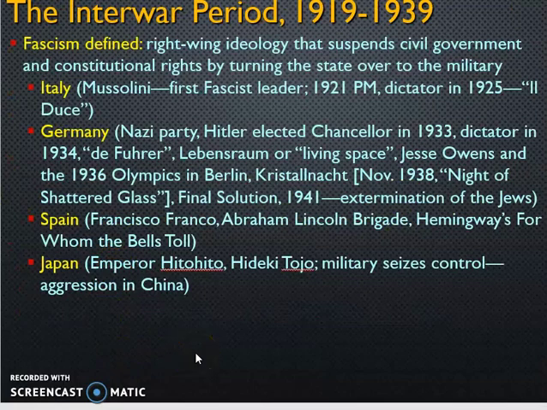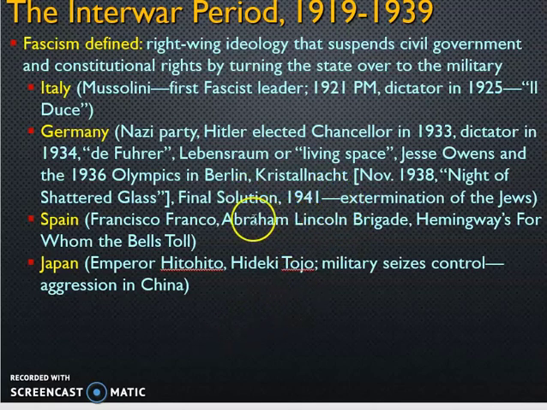Fascism, you can read through these. I think these are terms that are going to be throughout your chapter. Kristallnacht, or Night of Broken Glass. Okay, remember 70% of the Jews of Europe by the end of the Holocaust are gone, wiped out. Here's Franco, who will prevail. We do have Americans volunteer to go and fight Franco. Hemingway will be one of those in there. So I think there's about 4,000.